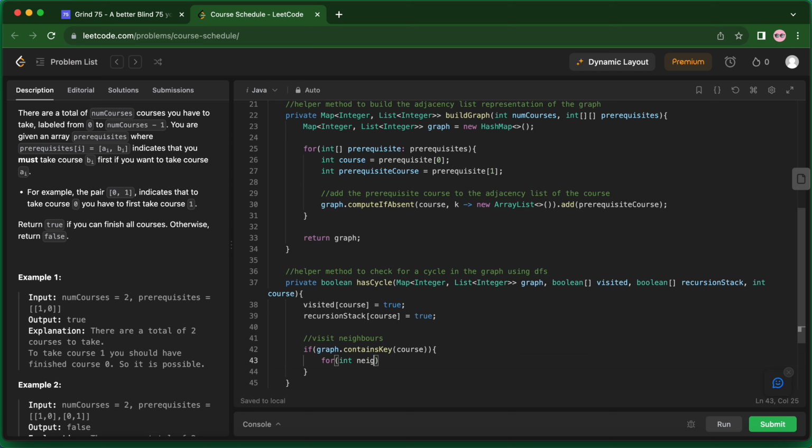For int neighbor, the neighbors would be graph dot get course, right? Because here we have added all the courses in the array list for one current course. So all the neighbors for the current course can be found out by graph dot get course, right? Now once we have that, we will check if we have already visited this neighbor or not. So if not visited neighbor,